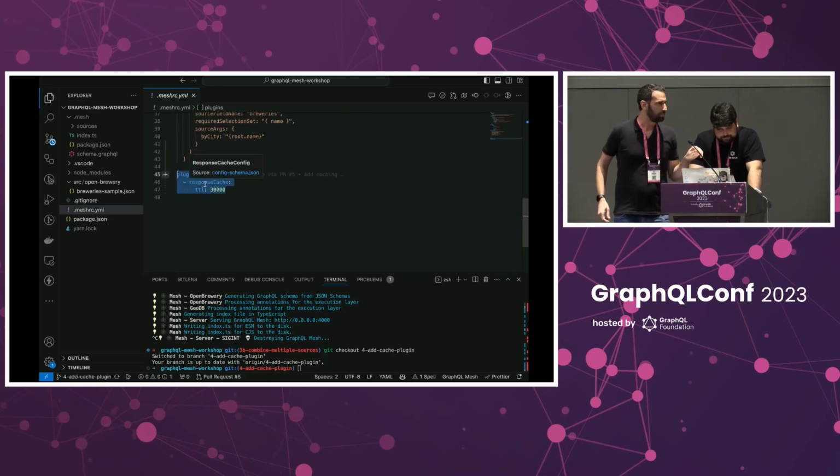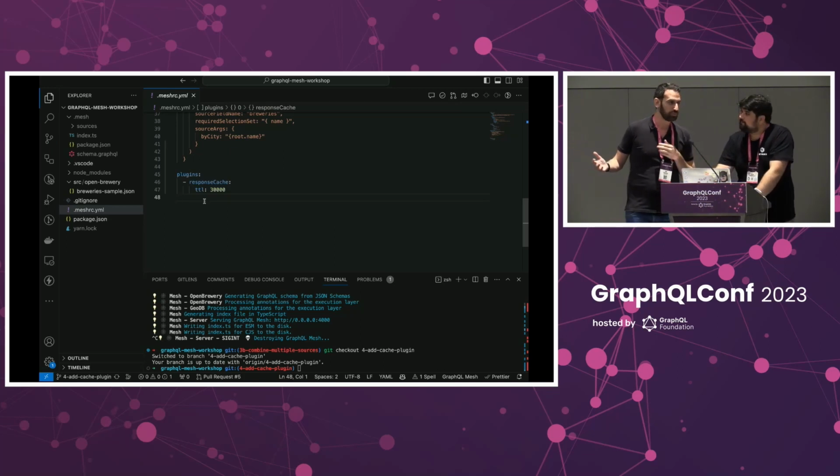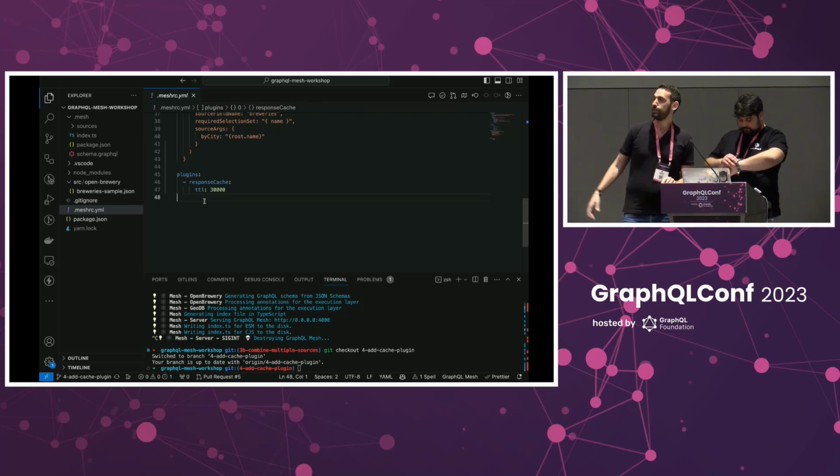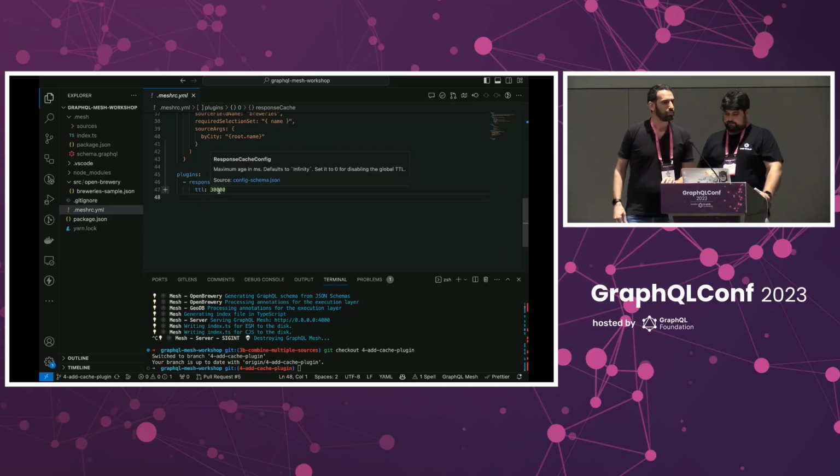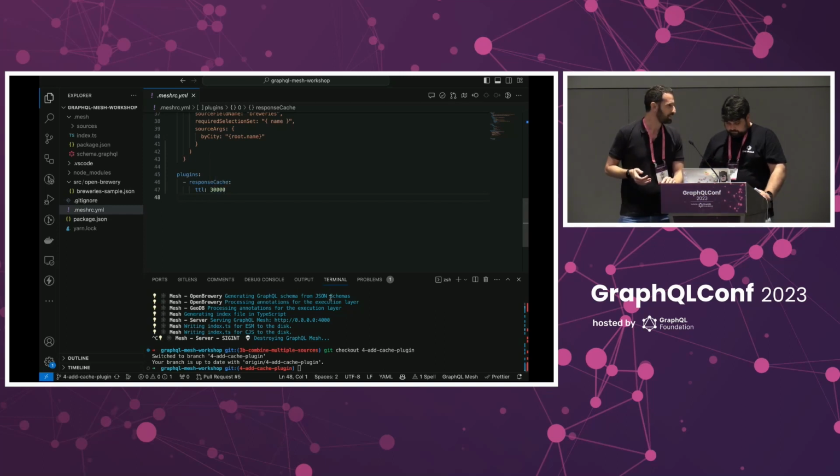Plugin, as you've understood in the configuration structure, comes in a new property in which you define all of the plugins that you add on top of the proxy. Here we added the response caching and we added the TTL, a life expectancy for the cache. We set it up for half a minute, 30 seconds, and we can now run it and check the log and see if it actually works